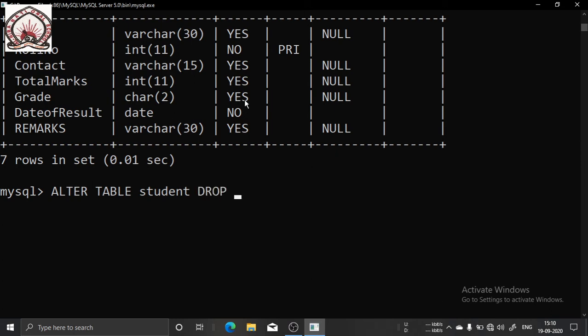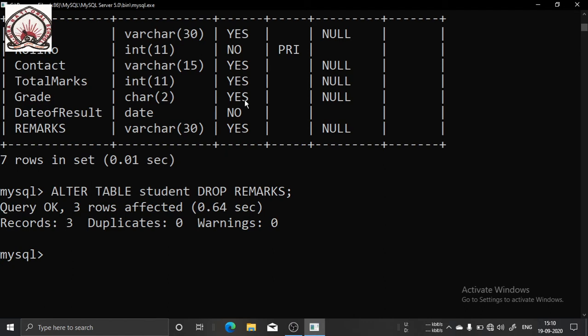Which column do I want to delete? Remarks. Then see, my query has run. You can see there is no error, so my remarks column got deleted.